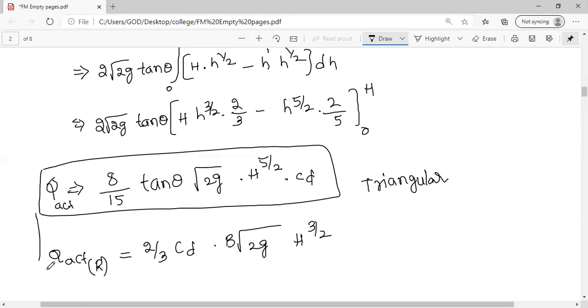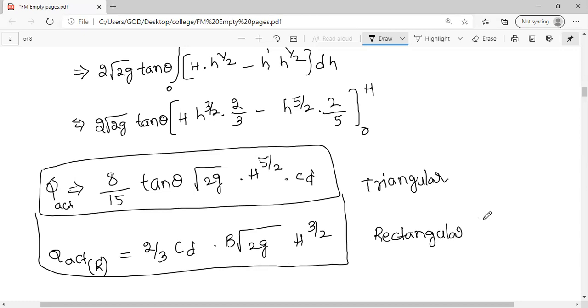Actually, you will get questions directly based on these formulas in your GATE examination, or if you are writing SSC JE also, you will get questions directly from this. With this, today's topic I am closing. We'll start a new topic now.